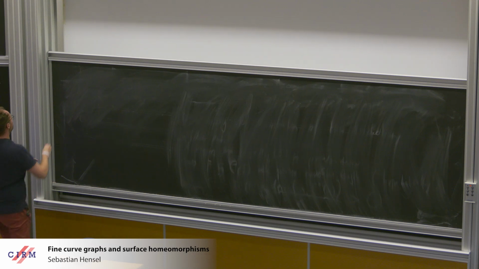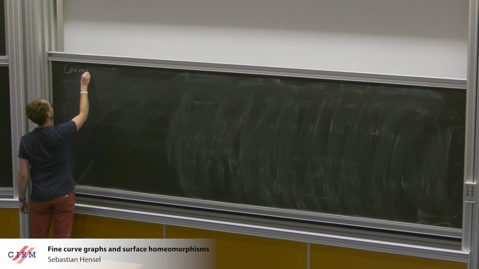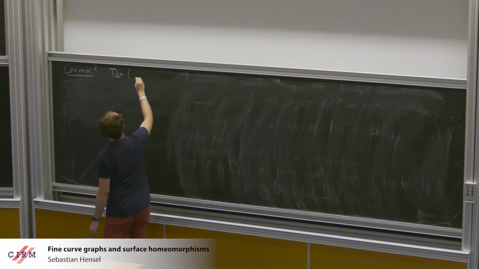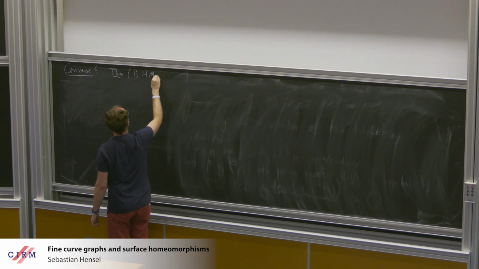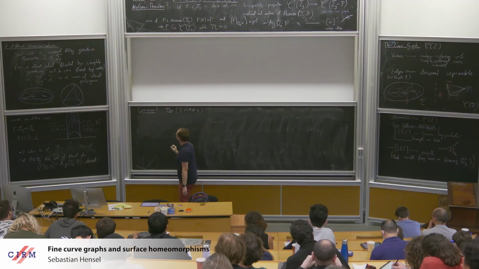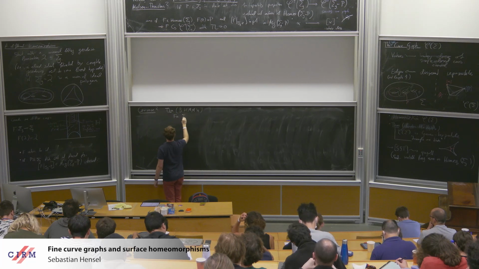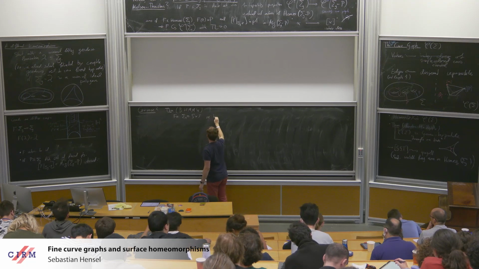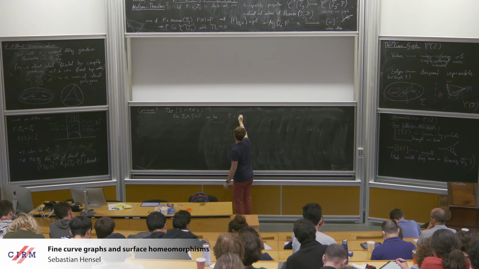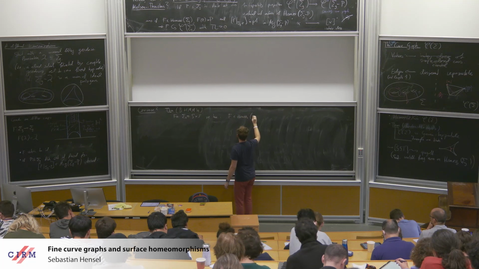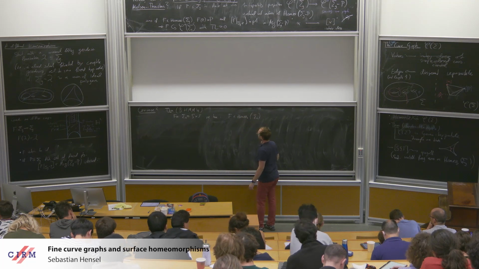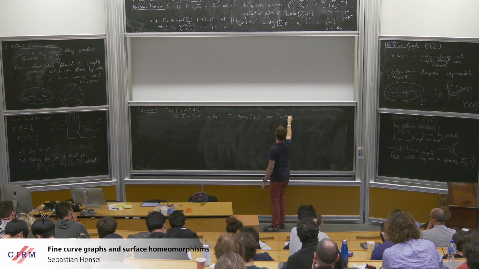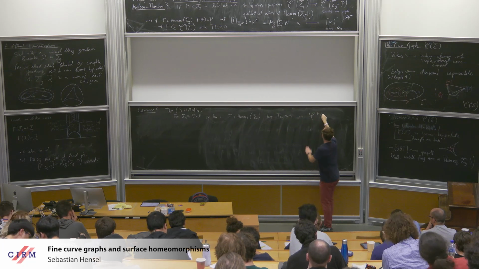So what about a converse? This is a theorem now with everyone. This is Jonathan Bowden and myself and Katie and Emmanuel and Richard, that for sigma 1, so the torus, we have that a homeomorphism of the torus that is isotopic to the identity has translation length bigger than 0 on this fine curve graph